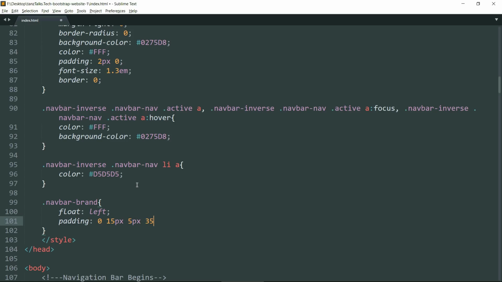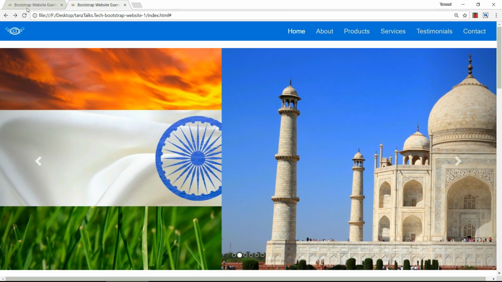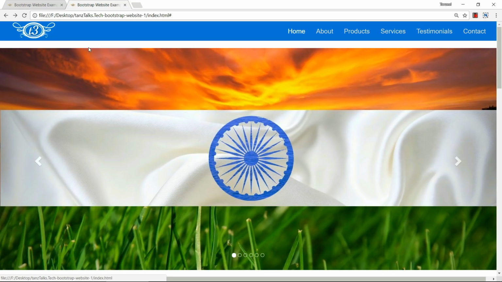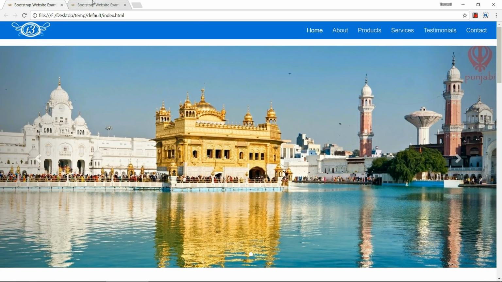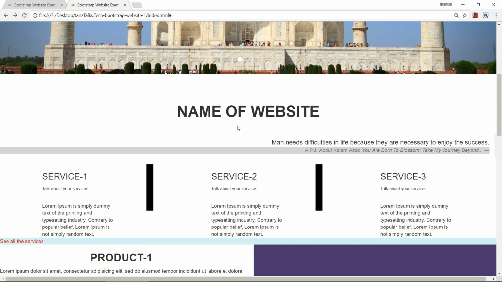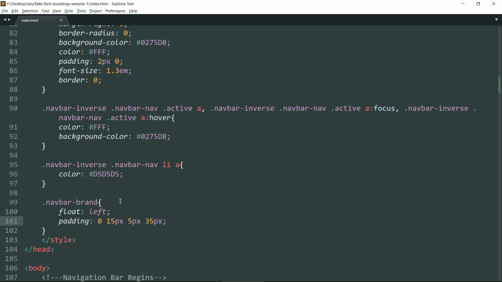These numbers are in the clockwise direction. Now save the file and see in the browser. Logo looks fine. So 0 is for the top, 15 pixel is for the right, 5 pixel is for the bottom, and 35 pixel is for the left.